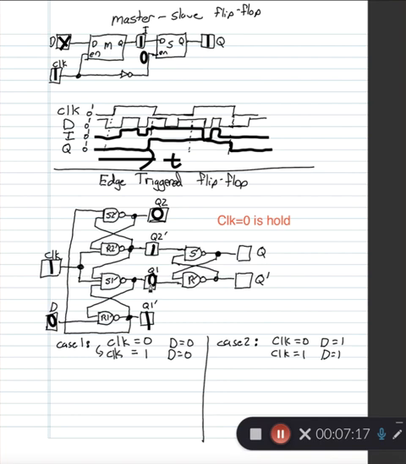Or you could actually, if you really want, do the analysis. 0 goes into a NAND gate, which is going to force a 1, which means I'm going to have 2 1s on this NAND gate, which gives me a 0. I don't care which way you do it. So the second it goes to clock 1, that's going to force, as long as D is equal to 0,